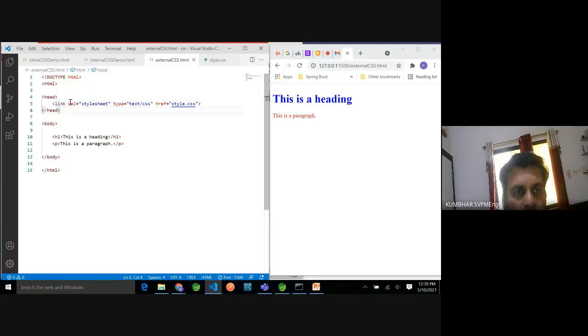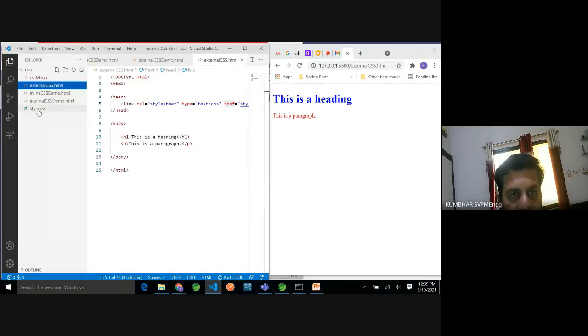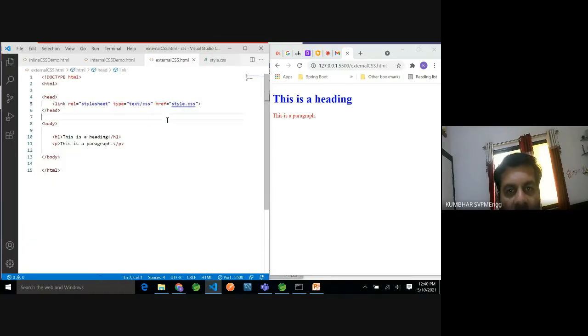For that, you have to set one attribute, rel, to stylesheet. Type is text/css. Text/html means that is HTML content, text/css is the CSS file, and href is the name of the style sheet file. We have given the file name style.css, so I am mentioning that as the href. And then you can see that the style is applied here.